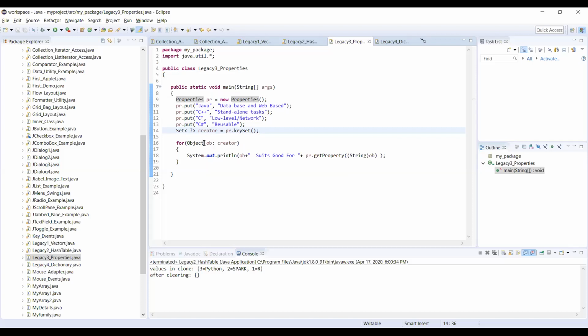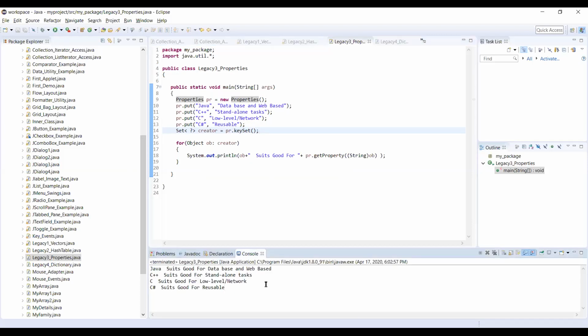And now we are making use of this object ob and this get property. Friends, you need to identify one important thing: the object here is only embedding these particular things, whatever the first partition, and all these second partitions are related to the property, the get property kind of thing. Okay, so it's a bit tricky when compared with the hash table. So I am running this particular code. Now we are making use of this statement.